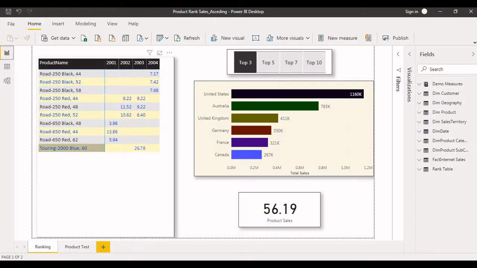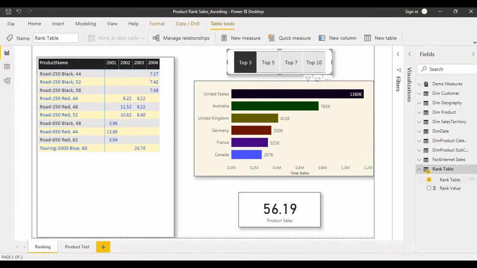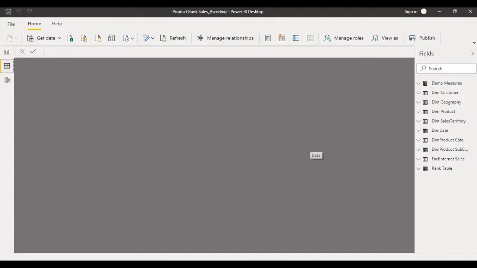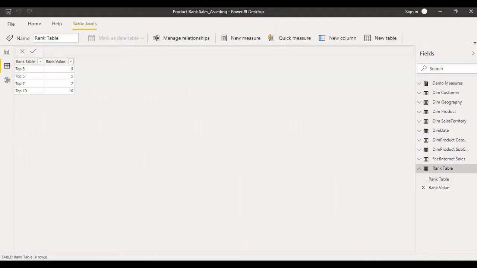I'll try to explain what I've done here. For getting these top 3, 5, 7, 10, I have created a separate table. I'll show that also. Go to the column tab and click on rank table. Now we can see top 3, 5, 7, 10. I have separated another column 3, 5, 7, 10. I created it because sometimes while making ascending or descending order, it will not give the proper result. So by taking this helper column, we can do it in ascending or descending order. That is the reason I have created a separate column.